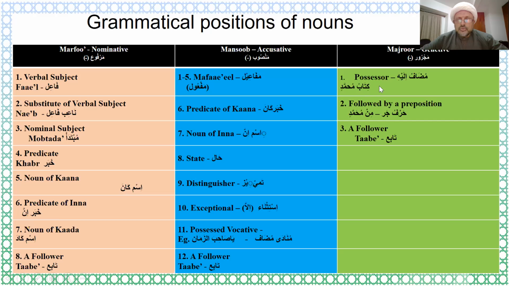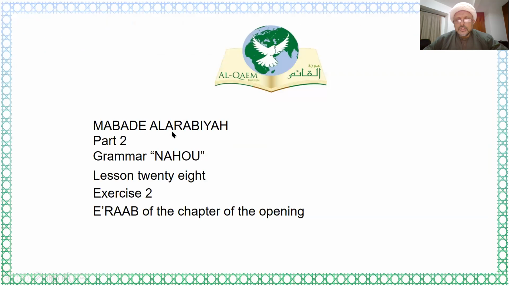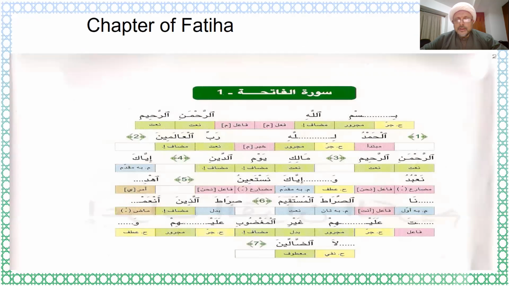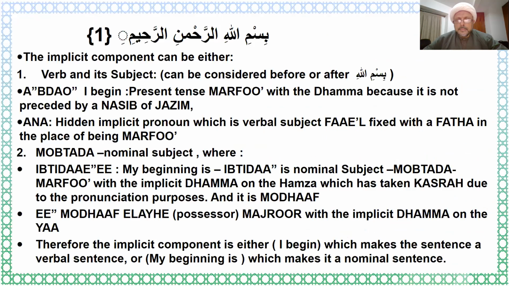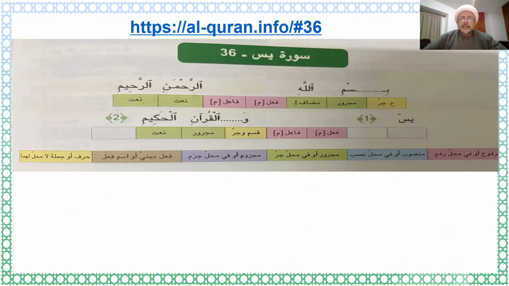This is what we call majroor. So remember this green color, okay? And then there was this yellow color. We said that yellow means they don't have any grammatical position. So if we come back to our Surah Yasin, I need to take the Surah Al-Fatiha away. So we have this yellow color, no grammatical position. That is harf jar, B. Then we have green color. That is the noun which is